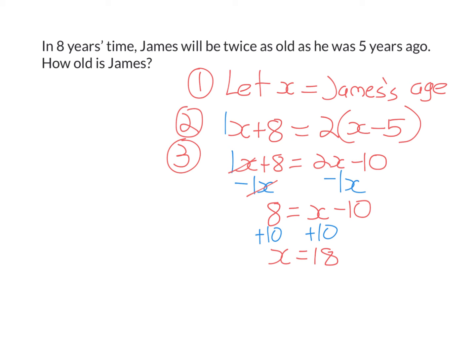So remember, x was James's age. So I've just found out James's age is 18. So James is 18 years old. You should always write a worded answer at the end just to show that you've understood what you found. All right, we're done. Now let's look at one final type of question, which is when you have two unknown